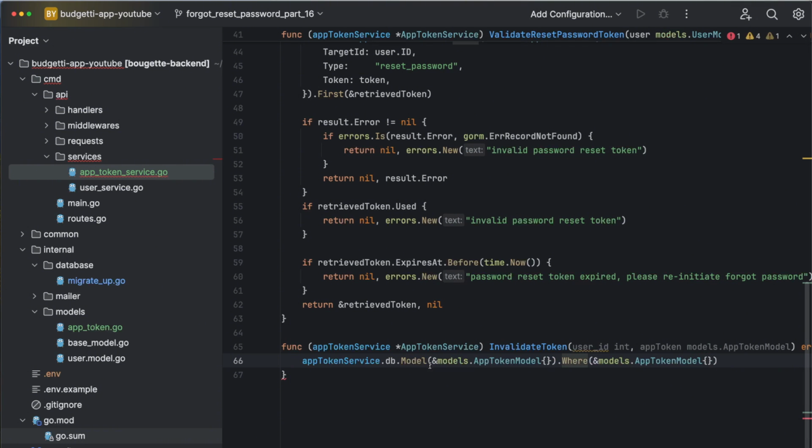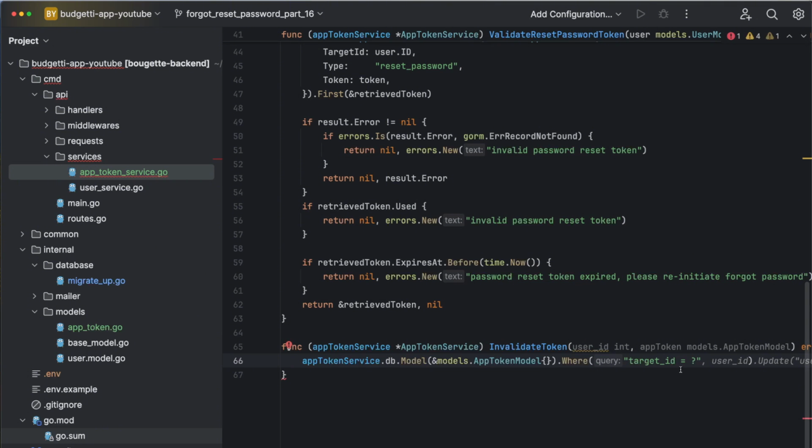So now where, this is a bit tricky. The where clause here is not going to be like our regular where clause because we are actually doing multiple stuff. It's going to be somewhat like a query where target type, the target ID is equals to